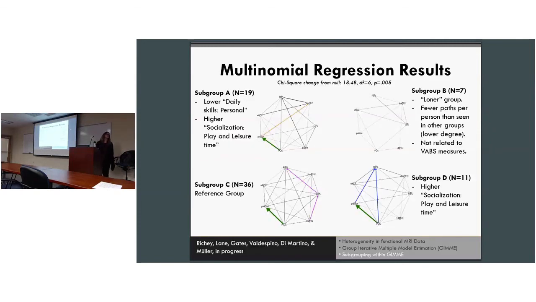Just because it was the largest, for the multinomial regression we had something that everything was compared to, to try to identify what would statistically predict being placed into one group versus C. We could have chosen other ones, but that just seemed to make the most sense, because subgroup C was the largest, we just figured maybe that was the most typical ASD profile or something like that. But then, we see that they have.